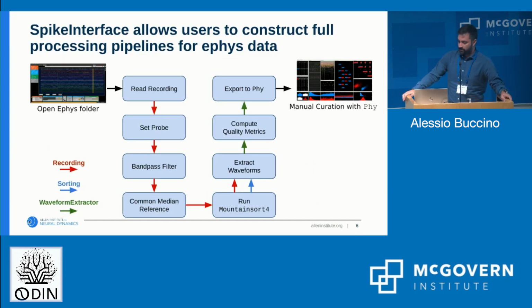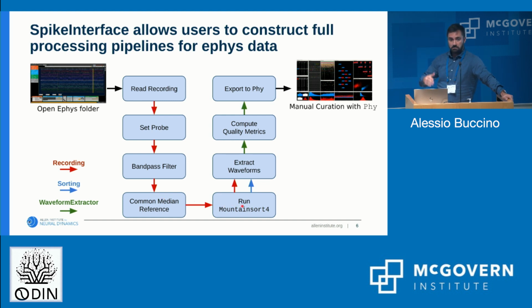Just to show you an example, this is what a PhD student might want to do. They perform a recording, say using the Open Ephys acquisition system. They want to read the recording first, maybe input some probe information. Maybe they're using tetrodes, so you want to tell the sorter you have different groups made of 4 electrodes. You might want to filter your data, remove some noise, common median reference or other denoising, removing artifacts, and what's